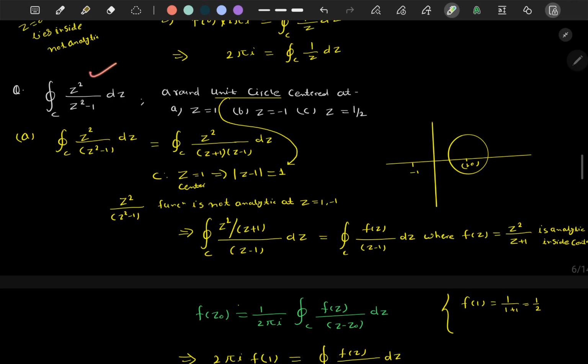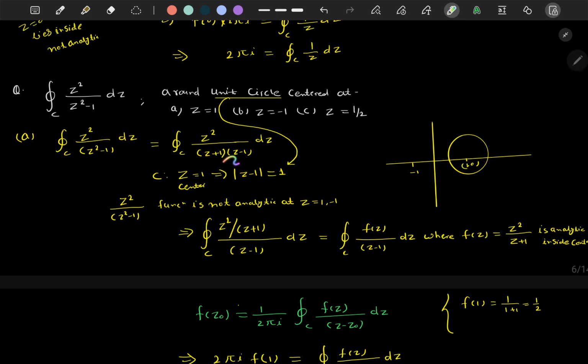Now we have this integration z square upon z square minus 1. It can be written as z plus 1 times z minus 1. First we have a circle centered at z equal to 1, radius is 1 and center is 1 comma 0. So if this is the point 1, then minus 1 will be outside. Now here 1 is lying inside the